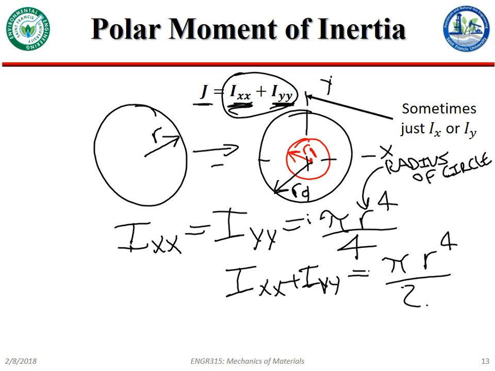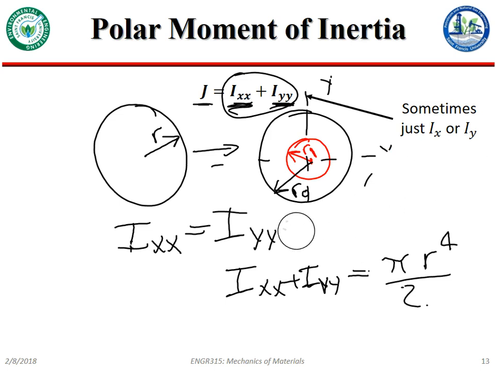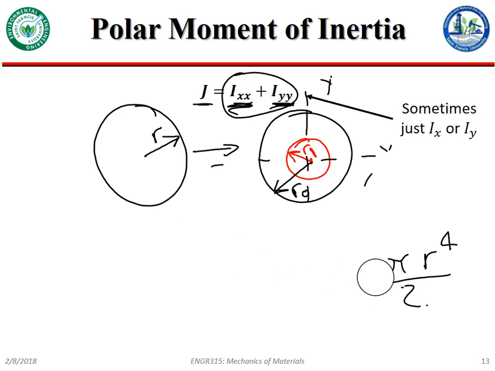Great. Okay. But this answer doesn't correspond to a ring. It corresponds to a circle right now. But we can get a ring out of this because moments of inertia can be additive. So if I know the moment of inertia for a solid circle, and a ring is essentially me hollowing out that circle a little bit, then I can say, well,